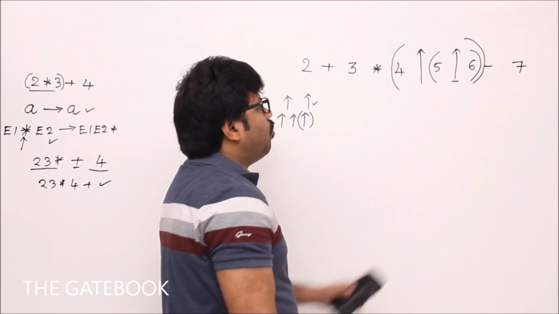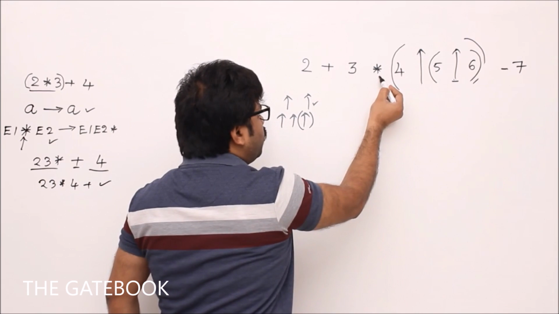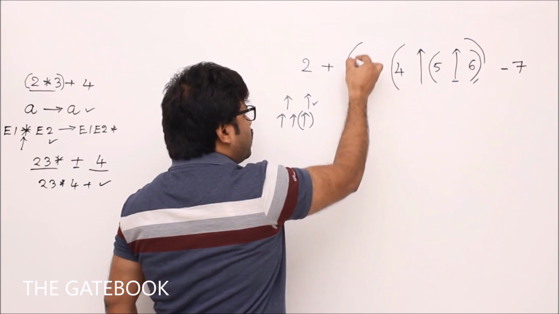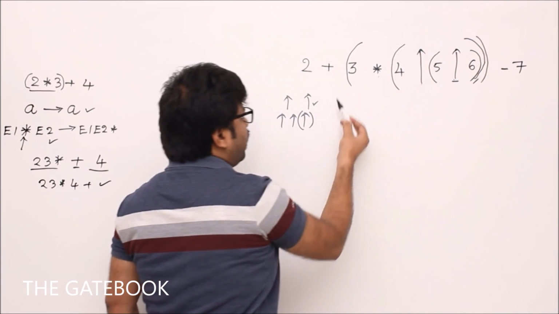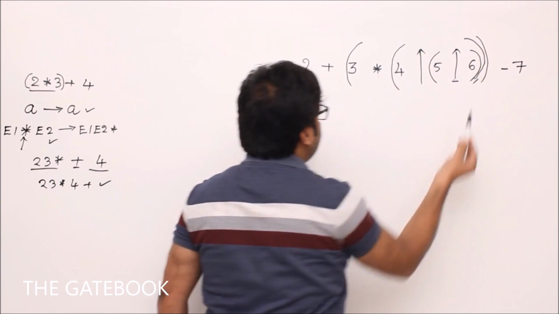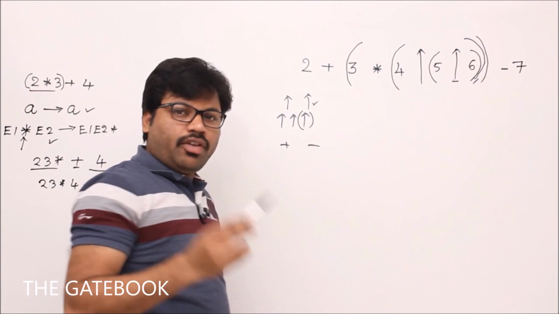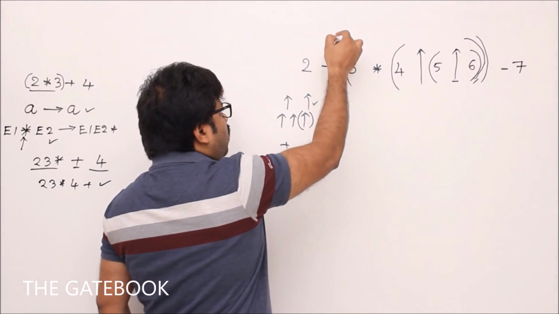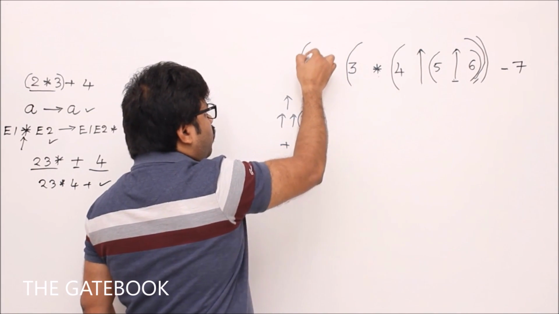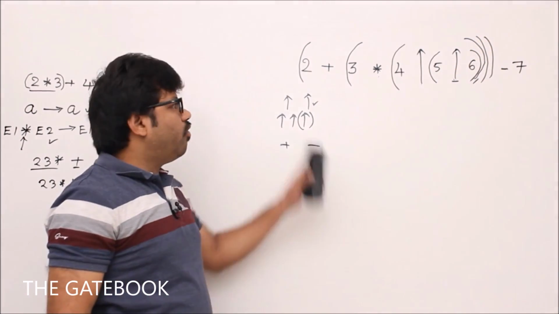After that, minus. Okay. So minus versus star. Which one? Star. Put one more parenthesis around star. See the order of parentheses based on the priorities. Plus versus minus. Which one? Plus and minus have equal precedence. Then we have to go from left to right because this is left associative. So let me put the precedence like this. Correct? Now this is the final order.